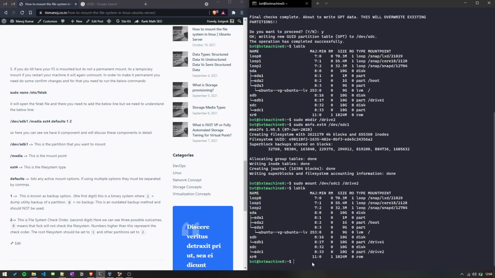Now we have to mount it permanently. How do we do that? sudo nano /etc/fstab.